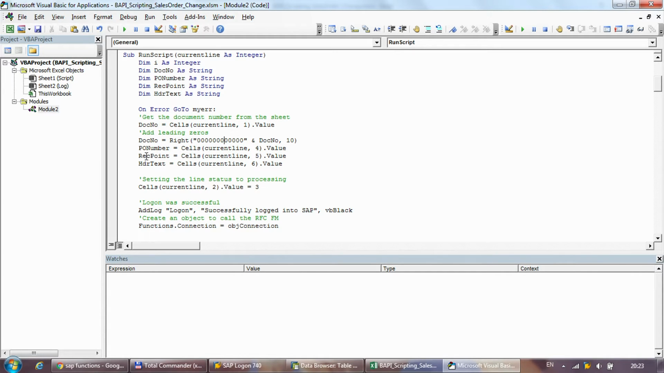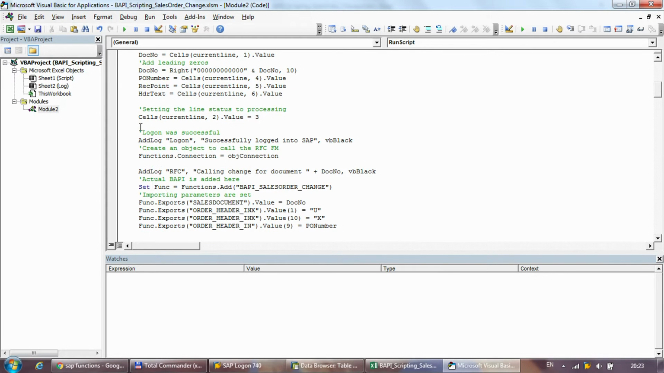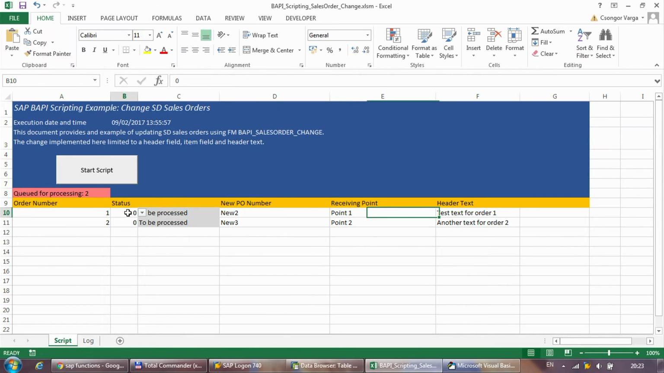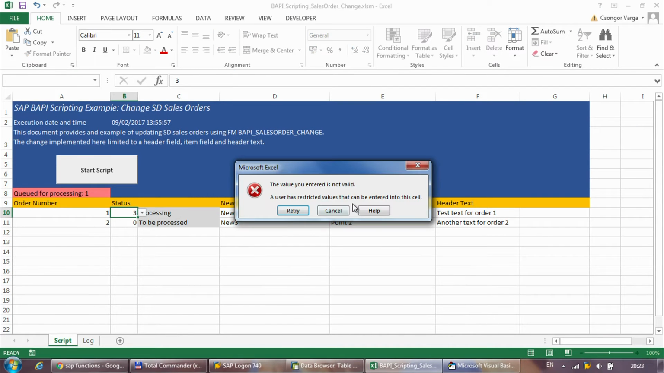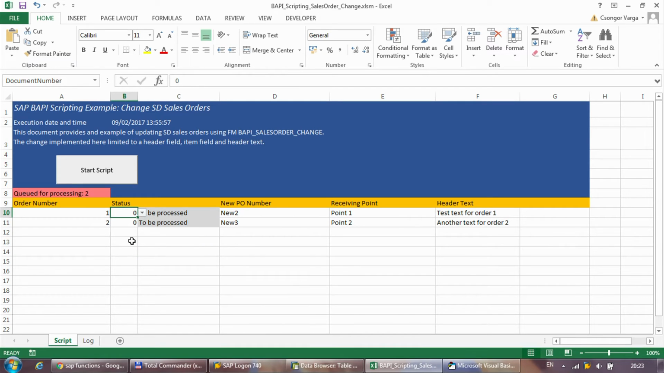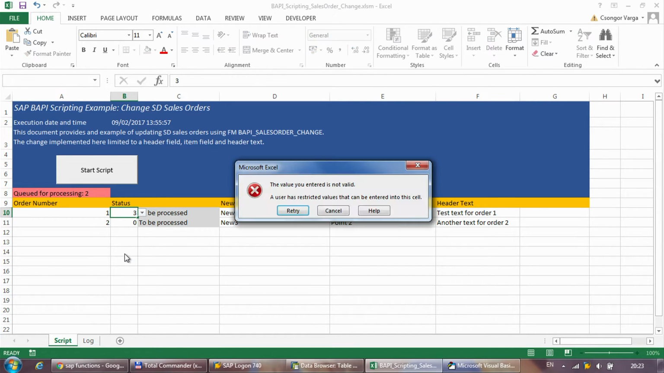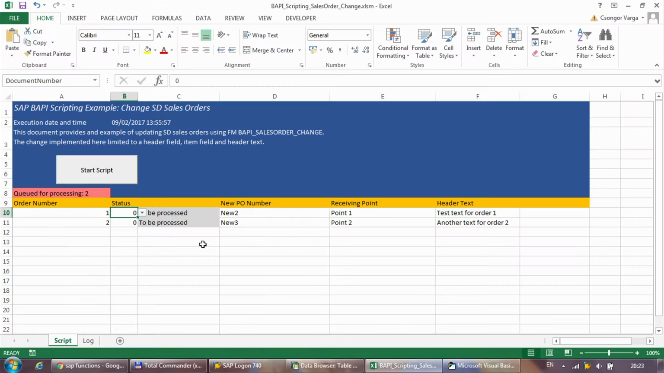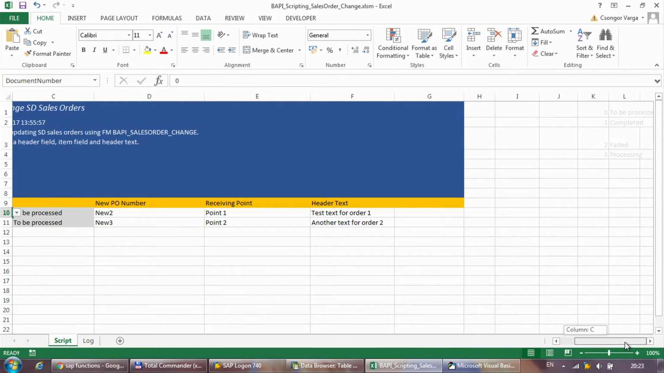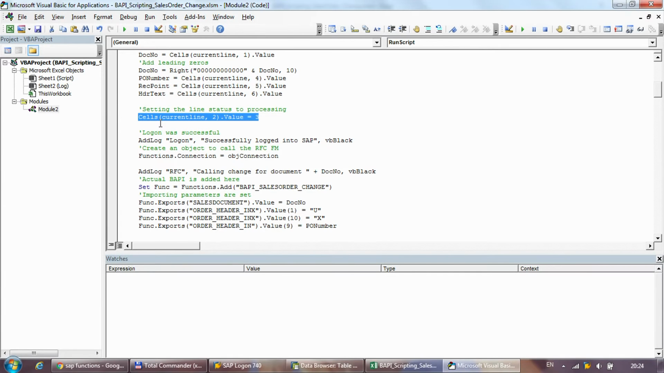And then I get the PO number, the receiving point, and the header text. But since these are only text fields, I don't really care about the formatting, it just doesn't matter. We update the status of the line item to 3, which is, why is it invalid? Oh, I have to look at that. So which should be to be processed, processing, and then